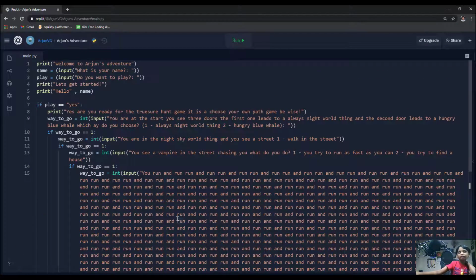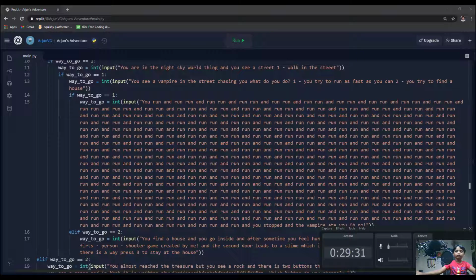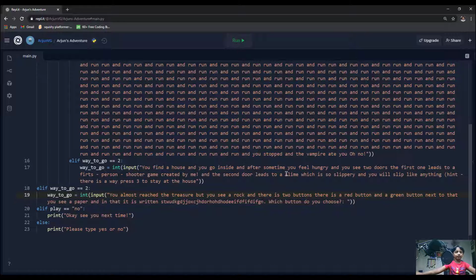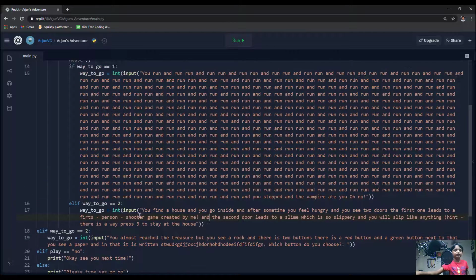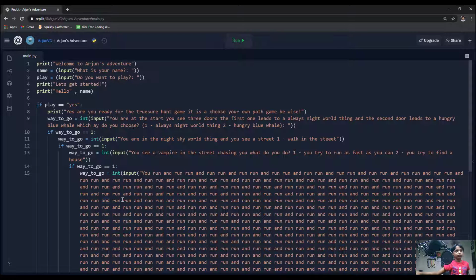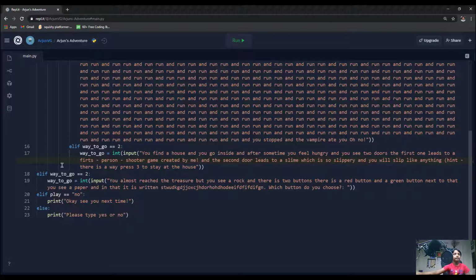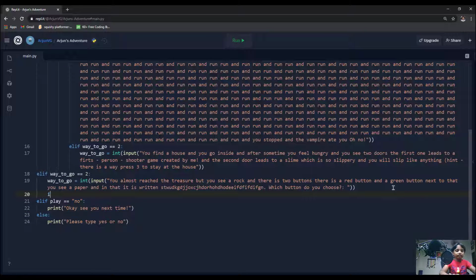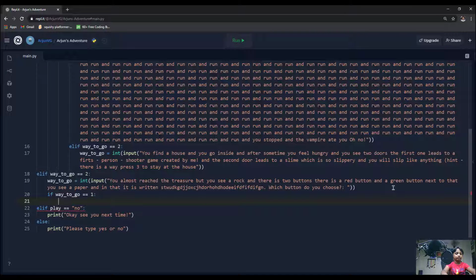So now our game is almost functional, and we can make it fully functional. So over here we say, and we need an if thing for this block. So you find a house, you have to slime and slippery, and the third one leads to this area. So I just need to copy paste there, and over here we say if way to go equals 1, then we say, I don't know,